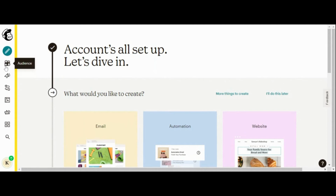On the left-hand side, you have the create button, you have an audience button, you have a campaign, which is what we're talking about, setting up a campaign. And then you have these automations. That's that automatic email that goes back. And then you have website. And then, of course, here's how you can develop content. And then here's an integration, which means you can integrate your current website, your current CRM, things of that nature. Okay. That's sort of how you would